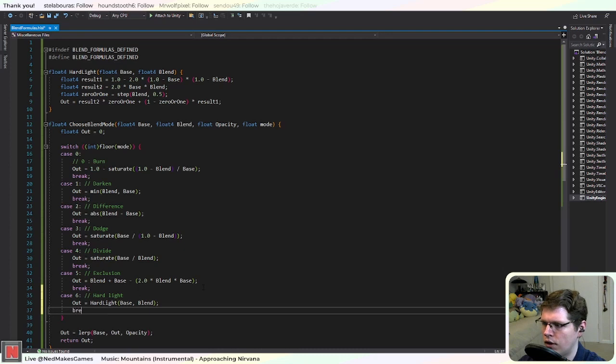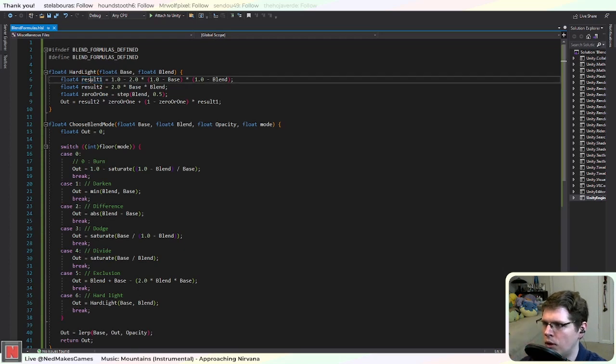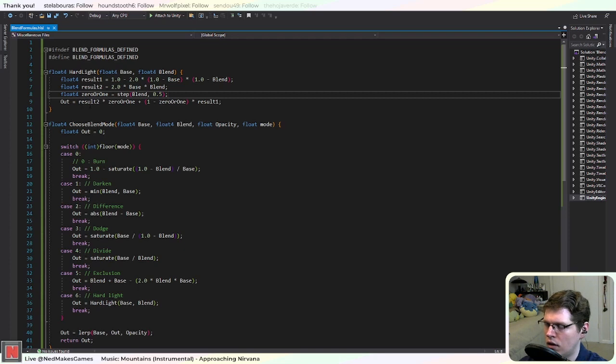So again, what this looks like it's doing: here it's kind of taking exclusion like we did a second ago. The colors that are missing in both colors, it's storing in this result 1, and then result 2 is 2 times, so it's basically the colors they have in common. And the 0 or 1. Okay, so this step node returns 0 if blend is below 1/2, but 1 if blend is above 1/2. And so then it's returning the colors they have in common